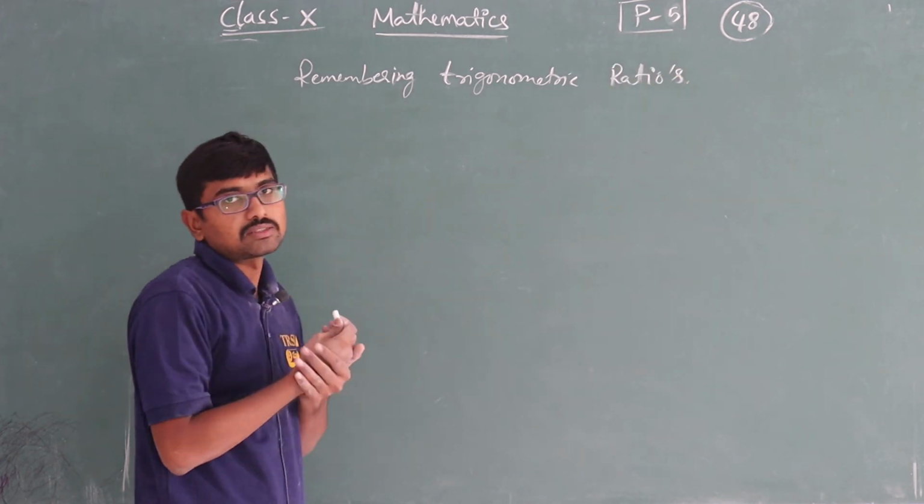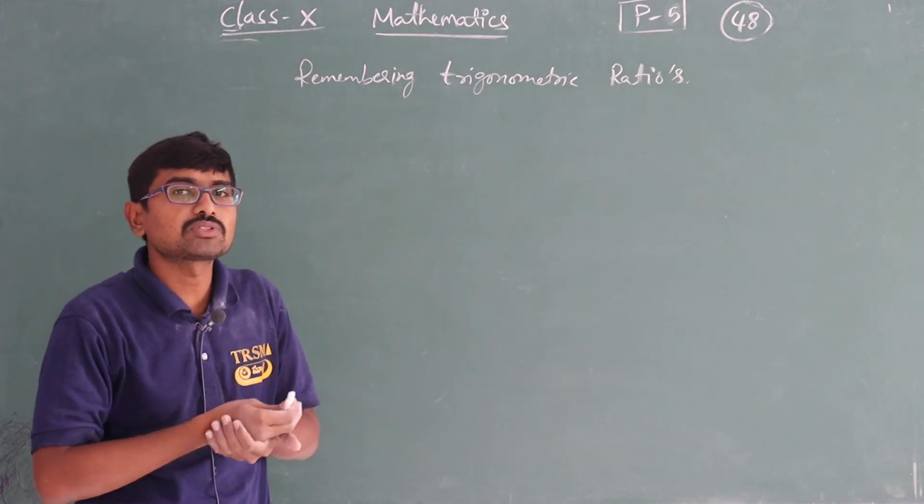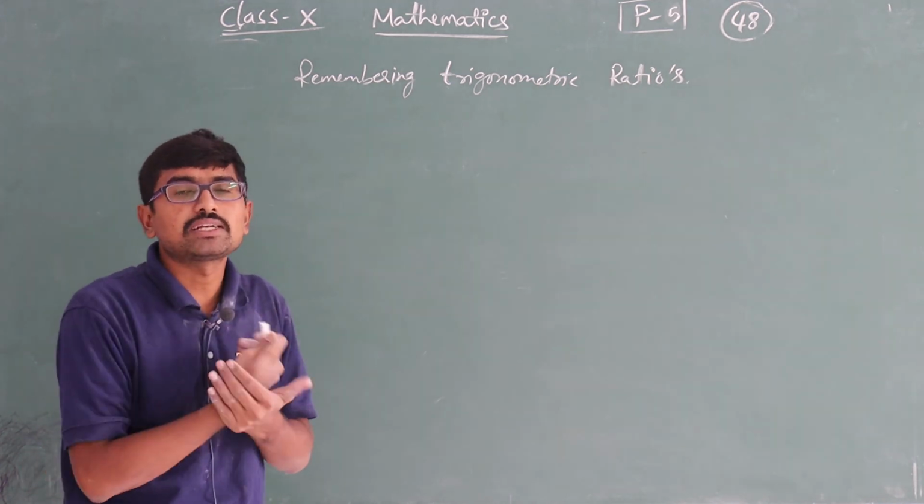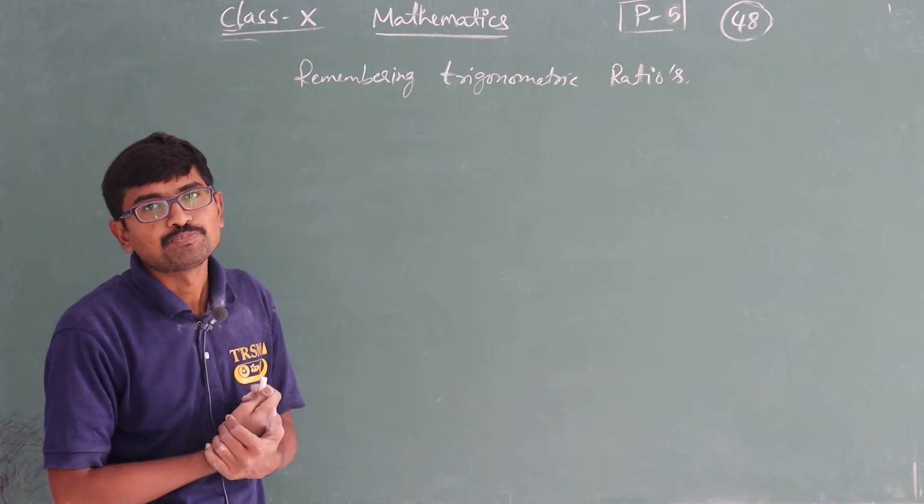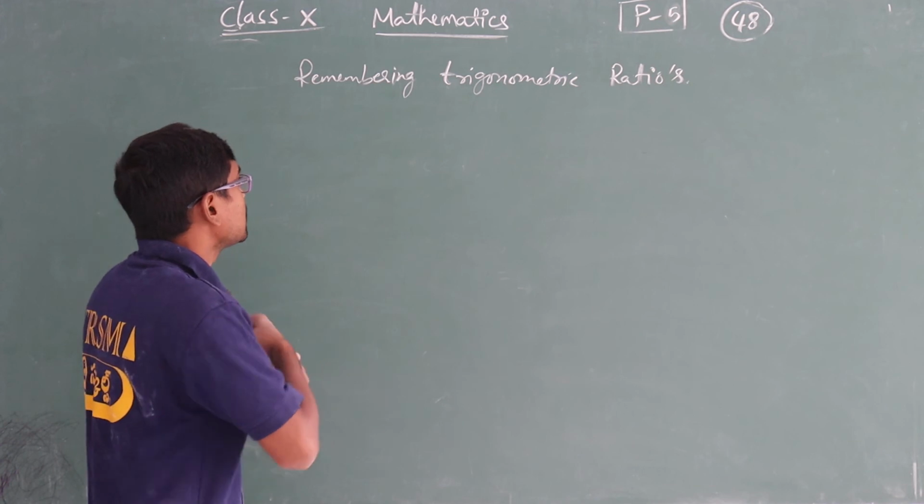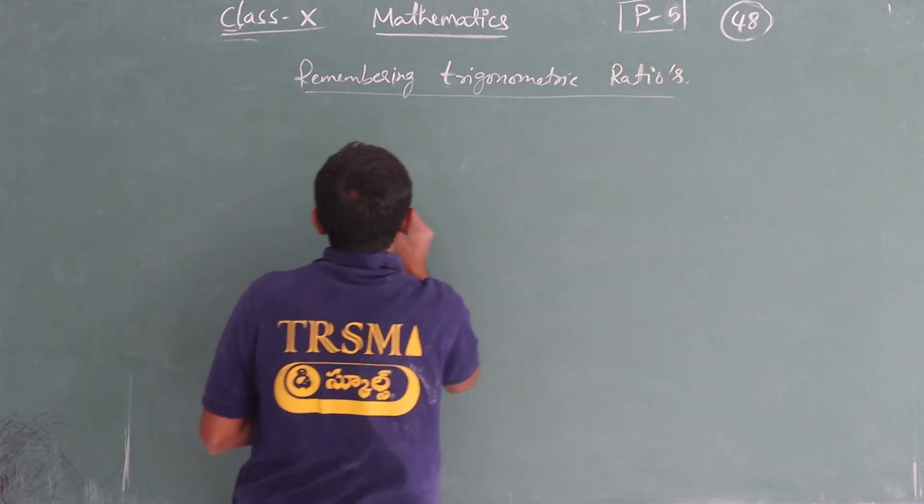How can you remember the trigonometric ratios? However many times we read, sir, that many times we get confused. We just forget them. So how can we remember that? So we have one sentence. Based upon that sentence, you can remember that. The sentence is,